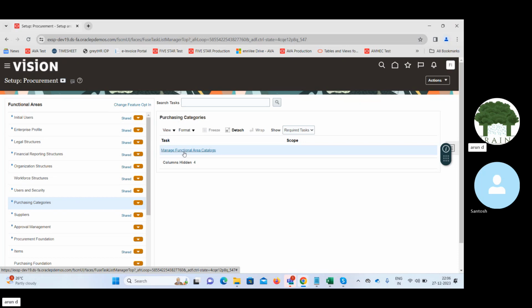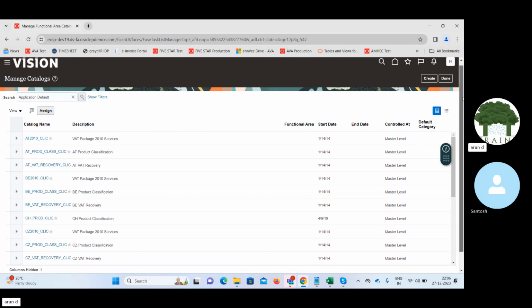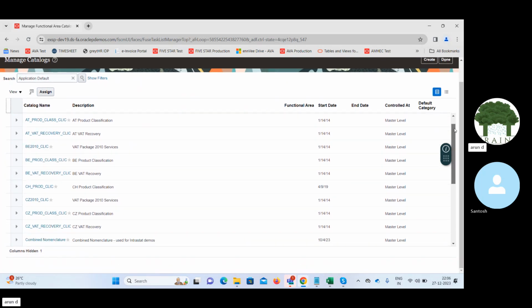Okay, so the way this will work is, this is the navigation, that is functional area catalog. The combination of these categories, we call it a catalog. Okay, so whatever we are seeing here on the screen, this is what